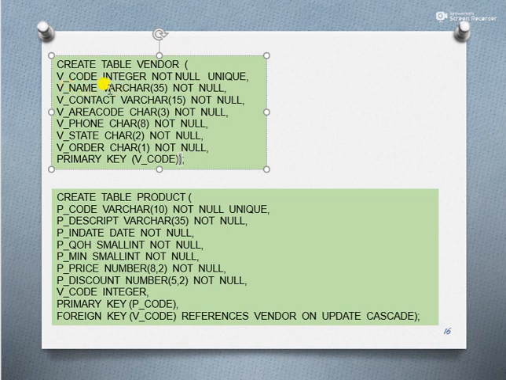Then we have vendor name. The data type is variable character up to 35 characters in length, and the constraint we add here is NOT NULL. Then vendor contact, again variable character, maximum 15. Area code, character 3, because area code must be 3 characters long. Phone number, character 8. State, character 2, data type NOT NULL. It's up to you, because if you don't want a user to leave this attribute empty when entering data, then you should add this NOT NULL specification with it.